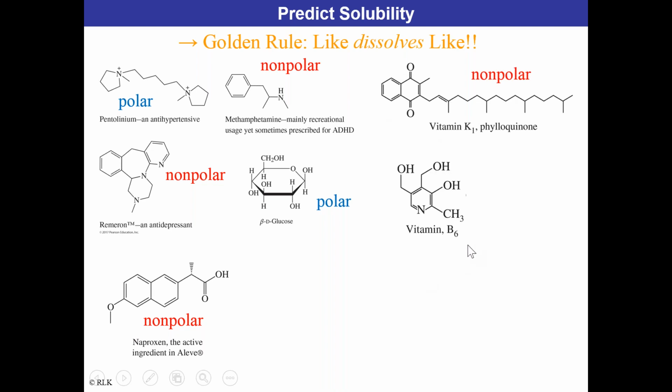What about vitamin B6? All of a sudden, it's a little bit different. You have 1, 2, 3 OH groups in this molecule, and those OH groups have lone pairs of electrons on each of the oxygens. Plus, you have nitrogen here too. Now, nitrogen isn't attached to any hydrogen, so that's not really going to play into it. But because it consists of 3 hydroxyl groups, which can give rise to hydrogen bonding,